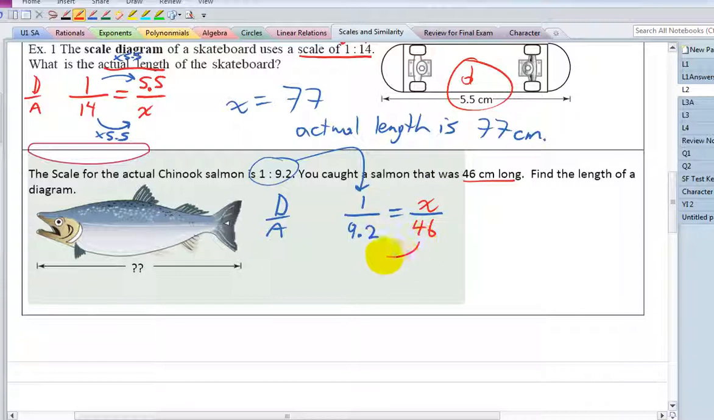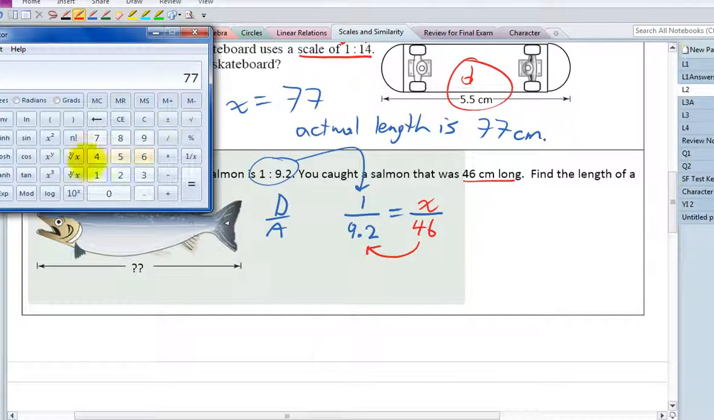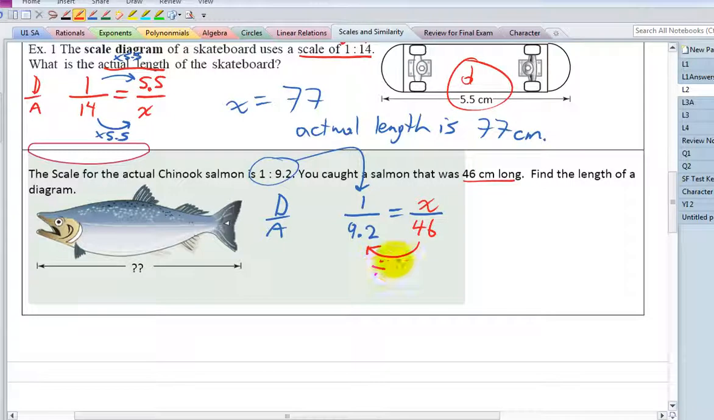So how would you go from 46 to 9.2? Oh, wait. Divide, so 46 divided by 9.2 means you would have to divide by 5. So if you're going the other direction, you wouldn't divide by 5, you would times by 5. So we get x equals 5. Quick little sentence. The actual,